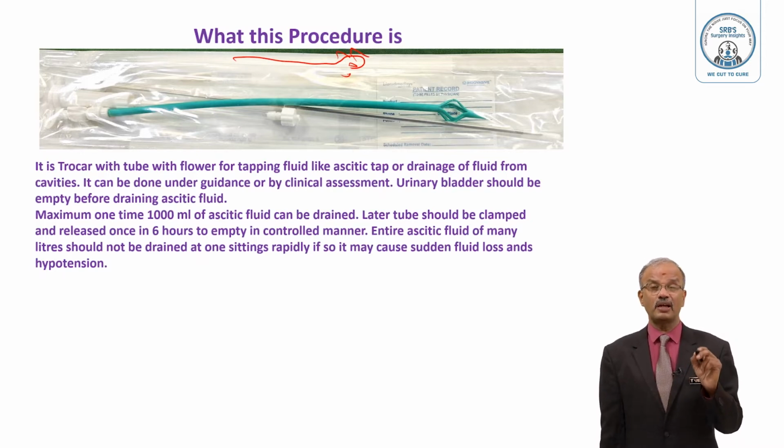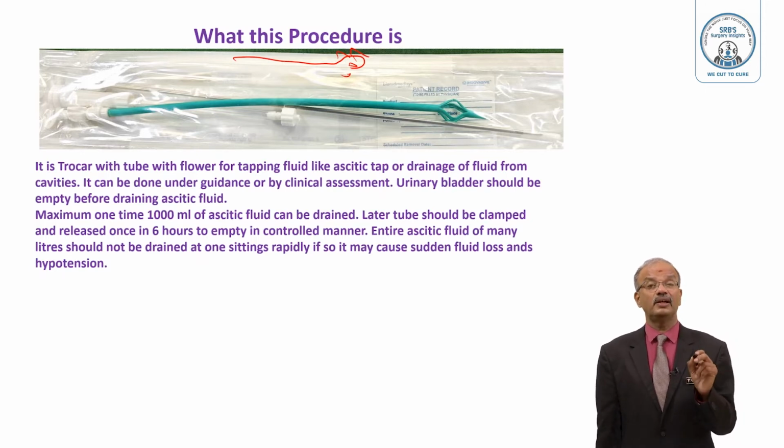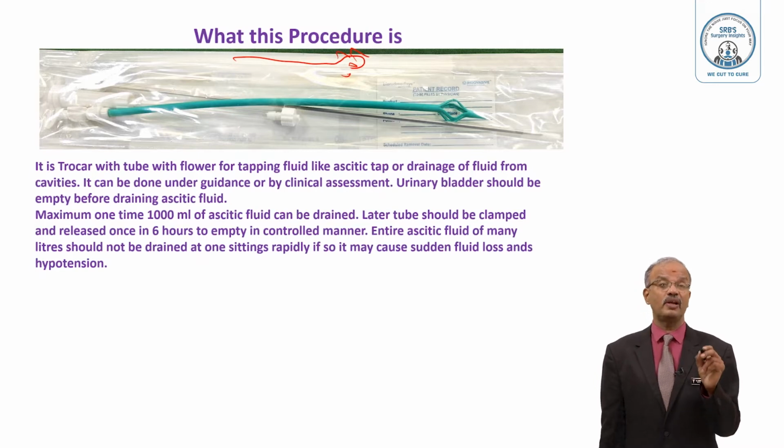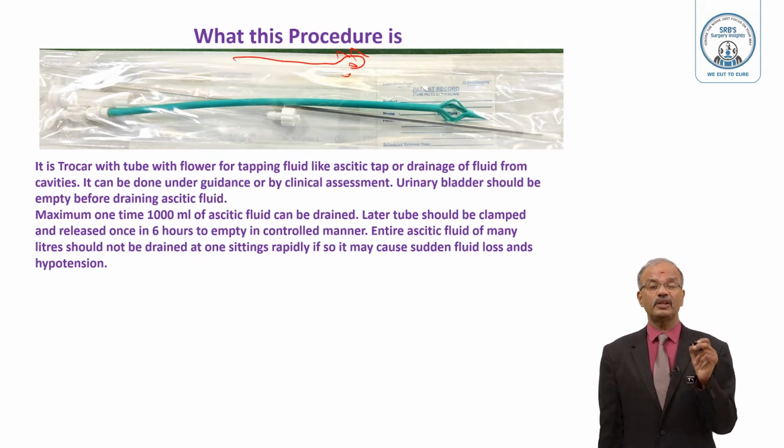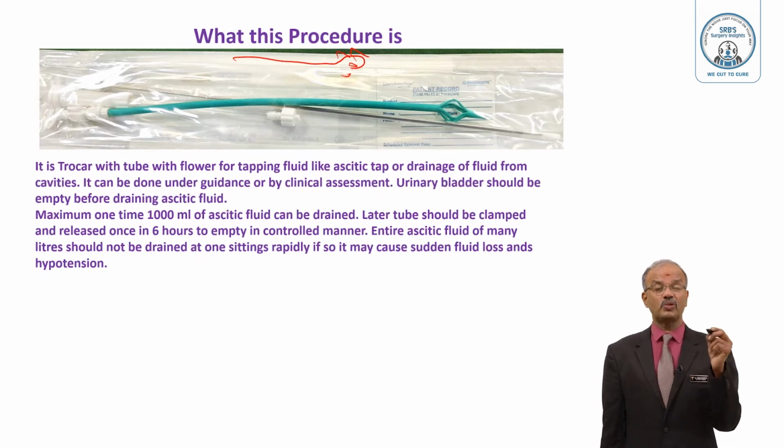Then mark the point lateral to the rectus. Confirm it is dull. That's important. If it is resonant, there is bowel, and your trocar may go into the bowel. So lateral to the rectus, you have to mark the point. Then give local anesthesia, xylocaine 2%, around 5 cc, to the skin and muscular layer, and wait a few minutes. Then make a small incision using an 11 number blade, around 3 millimeter,